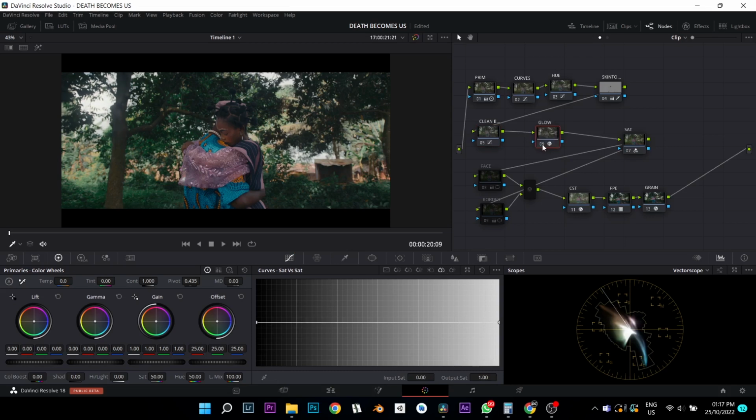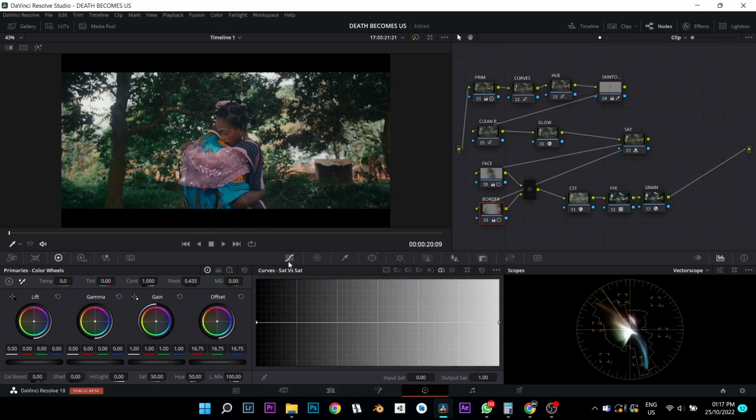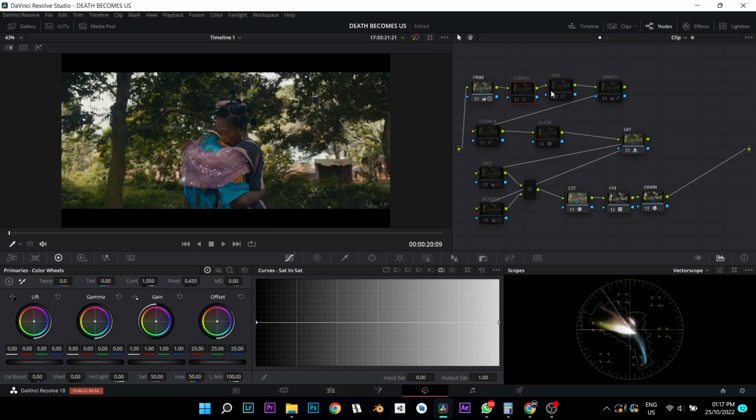Then add glow. Yeah, I added a bit of glow so I can make here pop and make it look dreamy. Then my face vignettes, all I did here, like I said, I tried to follow the light's direction. So still shot on Blackmagic. So I just made them pop out, make them the center of attraction, before, after, then I darkened the edges. So that's pretty much it. Let's do a recap. CST, FPE, grain, SAT, primaries, curves, hue, skin tone, clean blacks, glow, face vignettes, border vignettes,